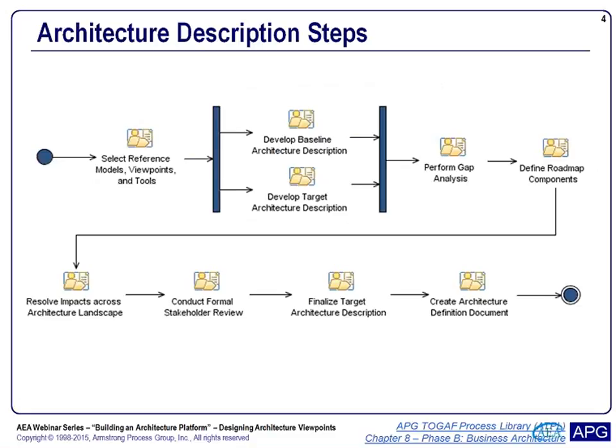And so here we see the 9-step program that's common to those 4 architecture description phases. And the first one is called Selecting Reference Models, Viewpoints, and Tools. And that's a prerequisite to the lion's share of the activities that go on in these 4 phases, namely developing a description of the current state or baseline architecture, as well as, and possibly additionally, the target architecture. The idea being that once we've got those 2 different point-in-time descriptions, we're then in a position to do gap analysis